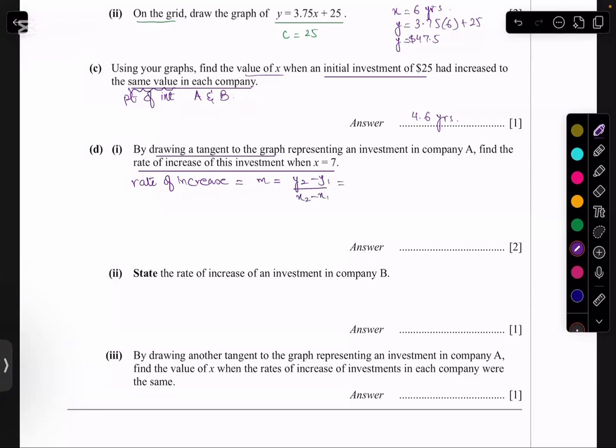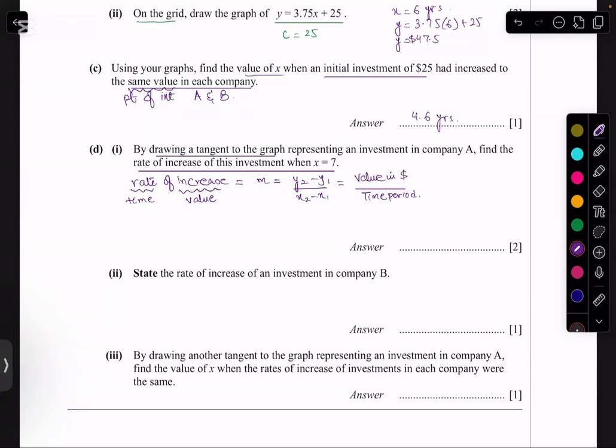time. So if I'm saying it's y2 minus y1, then on the y-axis we already know that it's the value in dollars, which you have invested and then what the amount becomes after every year. And then x2 minus x1, that's the time period. So rate is always with respect to time. It's the values in dollars over the time period. This is actually the rate of increase. Rate meaning the time, and increase of what? That is the amount that has been invested in the company.